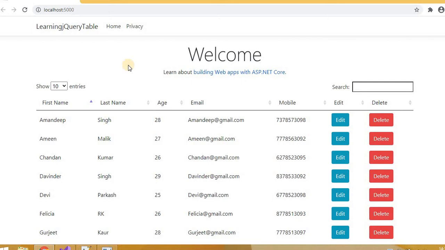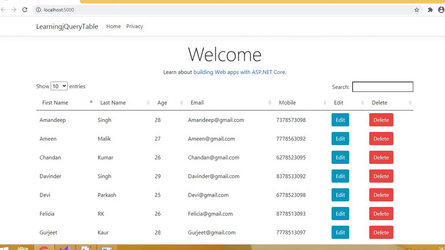Let's start. Those who have worked with ASP.NET might be aware of the grid view. That was the control provided by ASP.NET, so it was very easy to implement a grid view and apply events on it. But in MVC or .NET Core MVC, we are now moving toward client-side frameworks. So we are using third-party tables like Awesome table, Kendo table, Telerik tables, and the jQuery table, which we use for grid view type data representation.